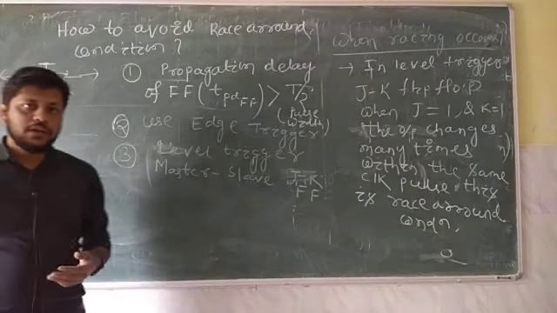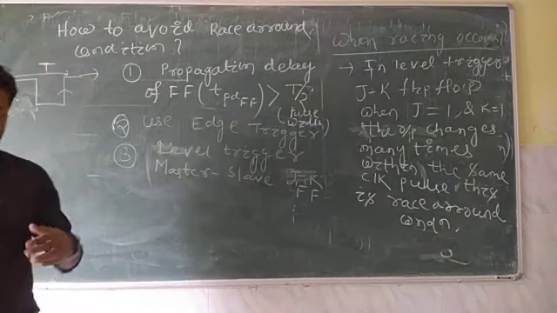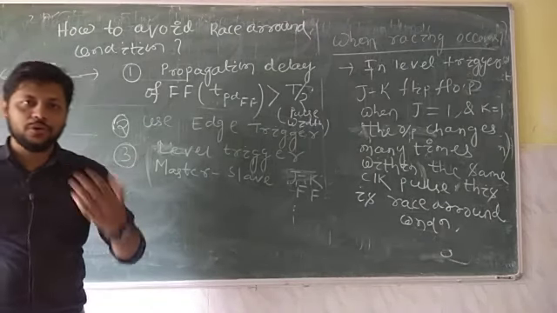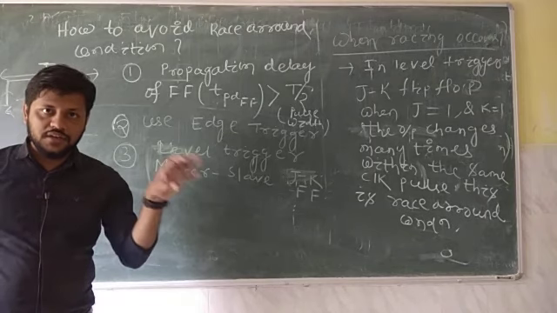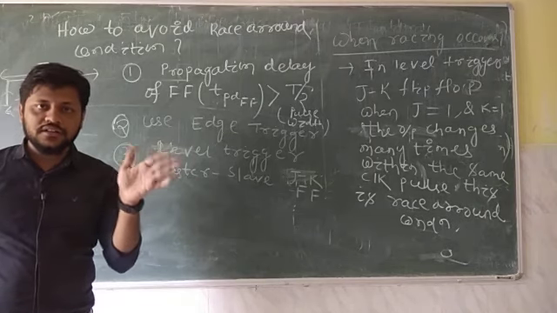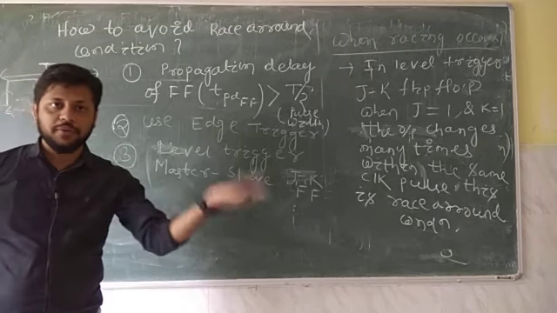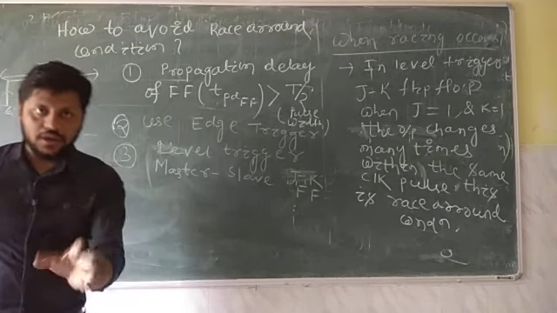In the next class we will study this master slave flip flop and how it is helpful, and then we will have one more flip flop, that is your T flip flop, also known as your toggle flip flop. Toggle means Qn plus 1 is equal to Qn bar. Whatever may be the previous state, the next state must be the complement of the previous state; this is known as your toggle condition.